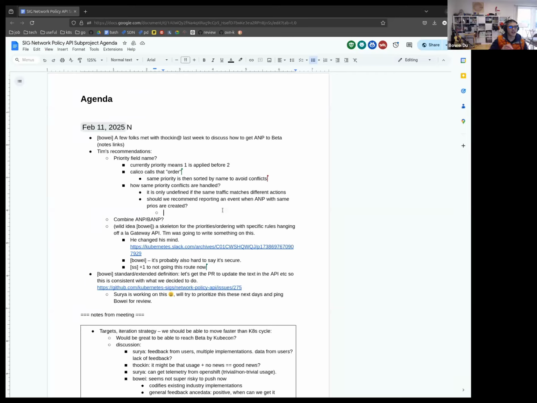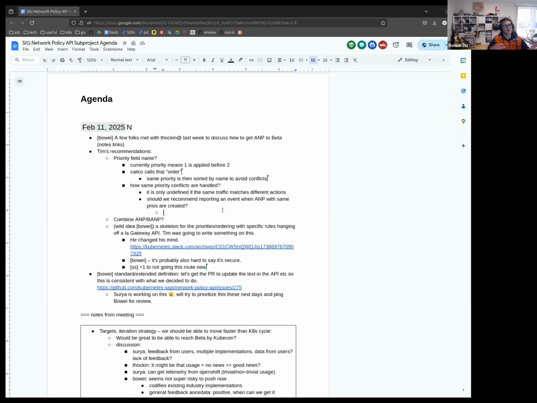Right, but because of that ambiguity, should we push users away from that state? You could accidentally do it, but if you do it, we're going to be able to slap your hand, like, no, stop. You should figure out what you really want. I think that is only easy if you do report two ANPs with the same priority, right? That's what we're talking about. Not actually trying to find if two ANPs with the same priority actually overlap, because that's fairly complicated.